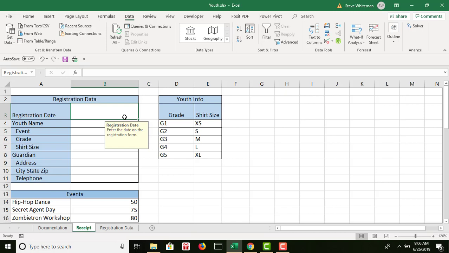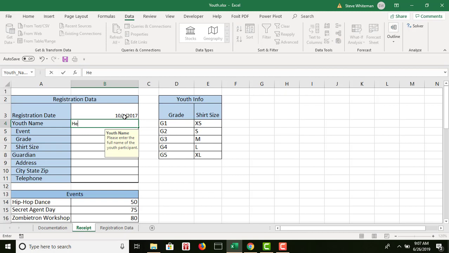The registration date in B3 should be 10/1/2017. Now you can see that when you were on that cell, what came up was the input message. We're not going to get an error alert because that follows what we wanted. The youth name, again you see the input message. We're going to type in Henry Boardman